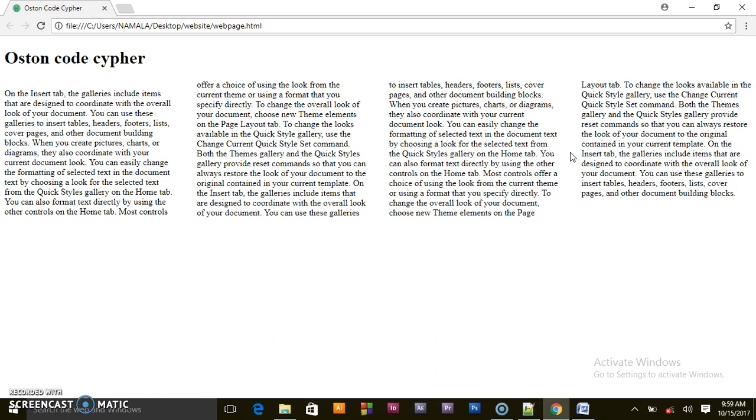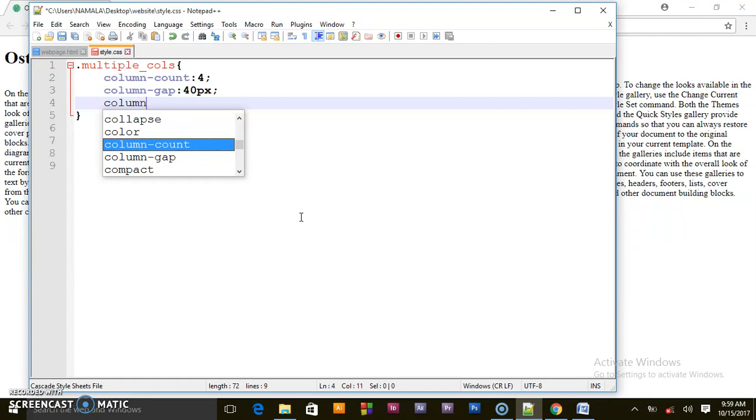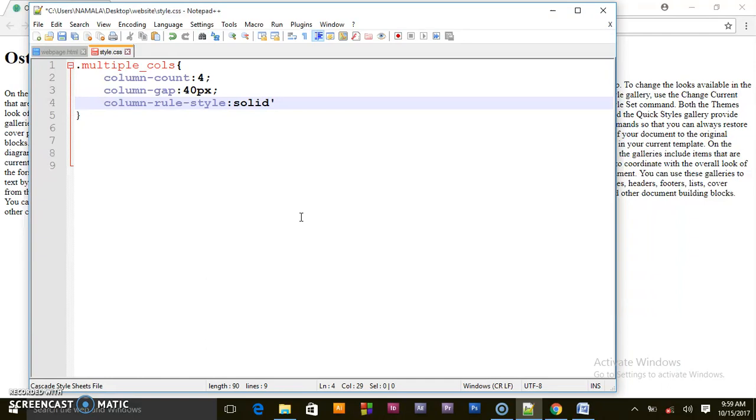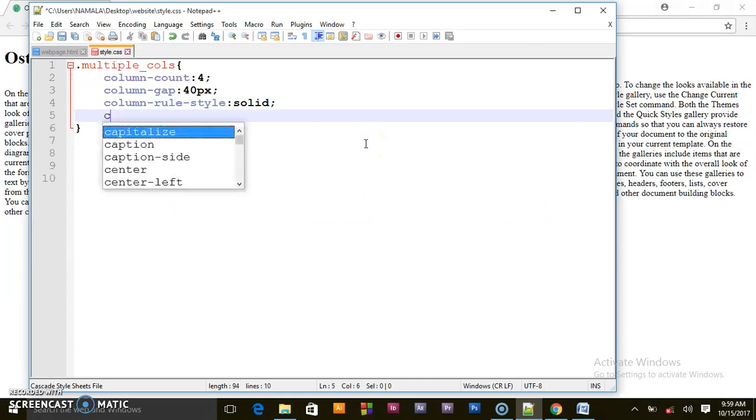Now there is also another property called the column-rule-style, column-rule-width, so we are going to be looking at that also. We have the column-rule-style, and we can say solid. So, this will create like a border in between these columns, as you can see, those black borders. We can go ahead and style these black borders. Still, we can reduce its width by saying column-rule-width,